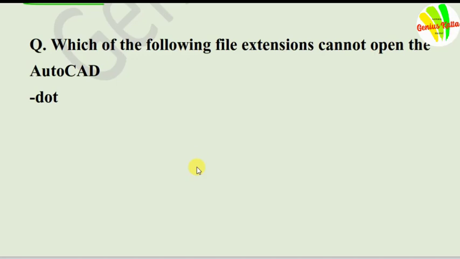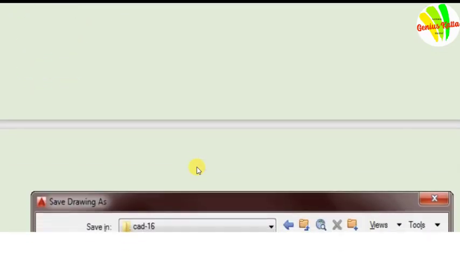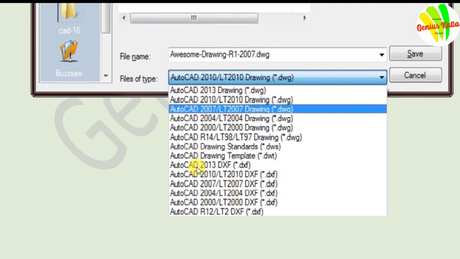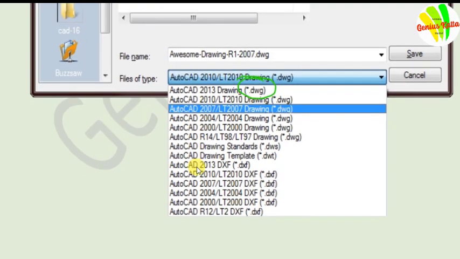Which of the following file extensions cannot be opened in AutoCAD? Dot format file. Friends, here I have provided diagrams of the formats supported in AutoCAD: DWG format, DWS format, and DXF format.